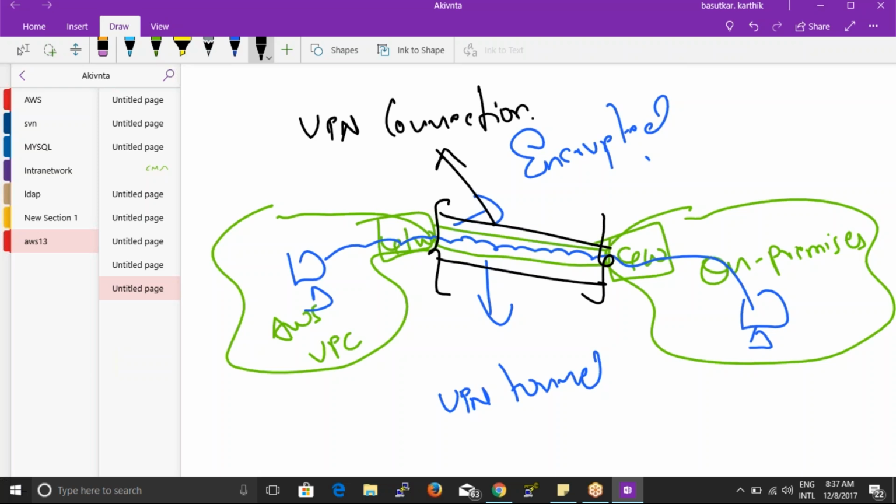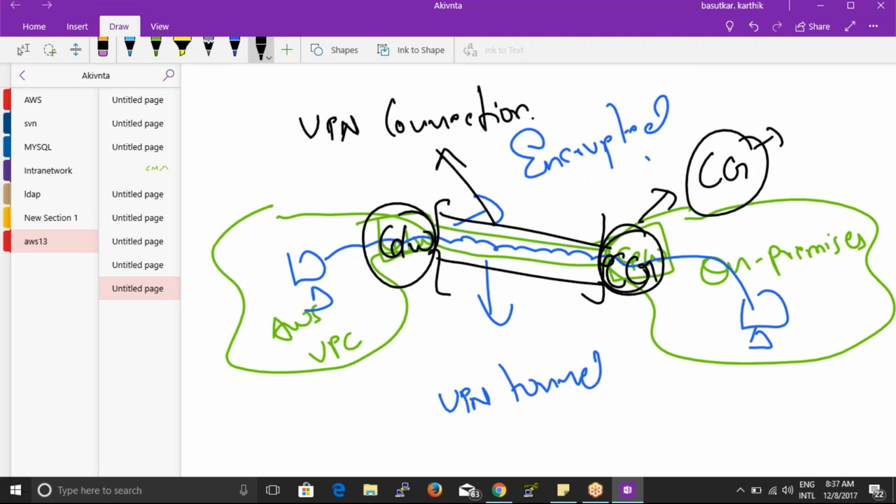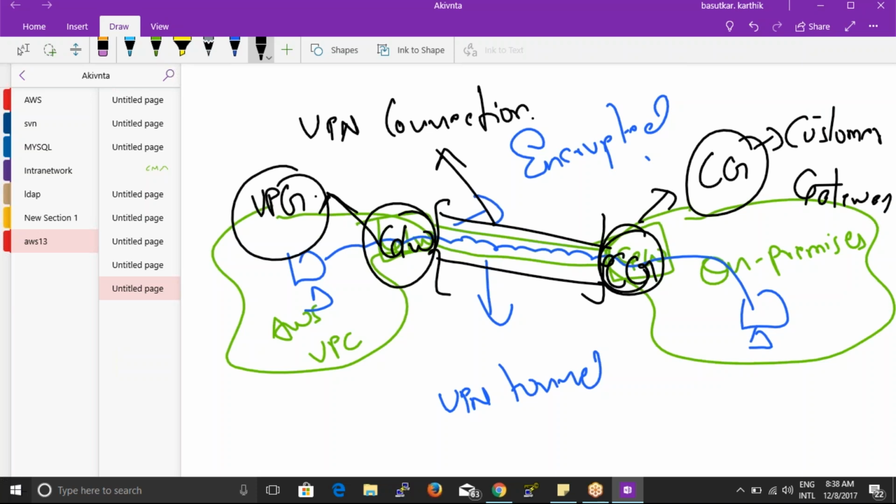So guys, I'll tell you one sentence. A VPN connection is made between the customer side gateway and the AWS side gateway, right? Now I am calling the customer side gateway CG. CG stands for customer gateway. I am calling the AWS side gateway VPG. VPG stands for virtual private